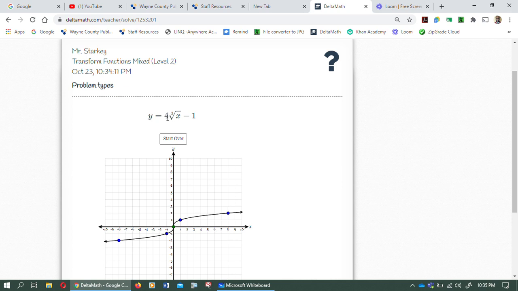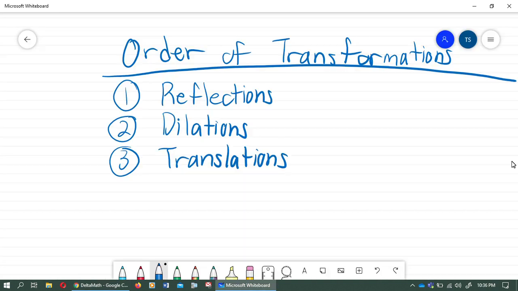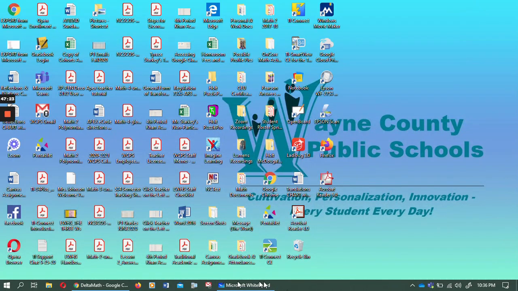It's multiplied by 4 on the outside, and so, guys, if it's multiplied by 4 on the outside, then what we want to do is,